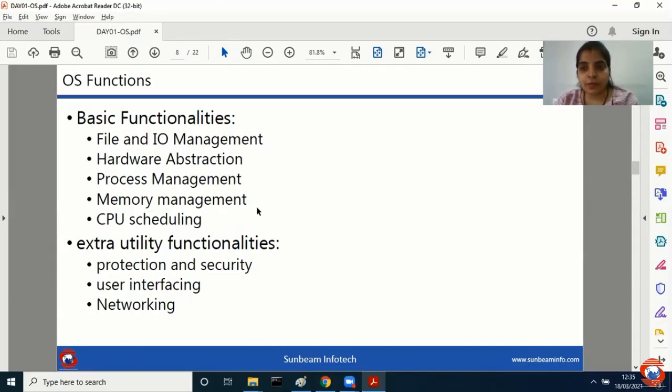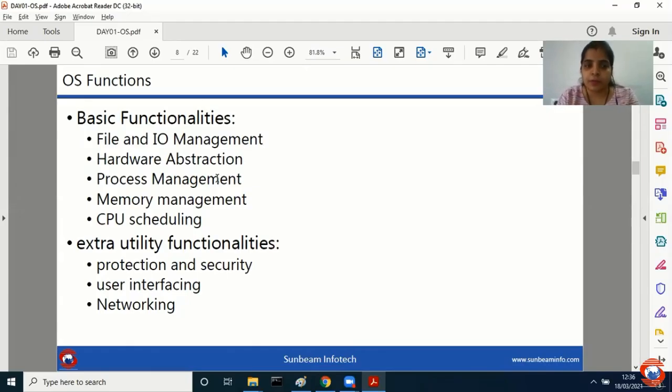There can be different types of files. I'm talking about different file types also. Maybe you're working with system files, maybe you're working with a .c file, a .text file, a .doc file. So all this file handling is done by your operating system, right? IO management means, for example, if I wish to scan some document, I will just give a scan command, and that gets connected to the scanner, and then you will get a scanned copy. That is called IO management.